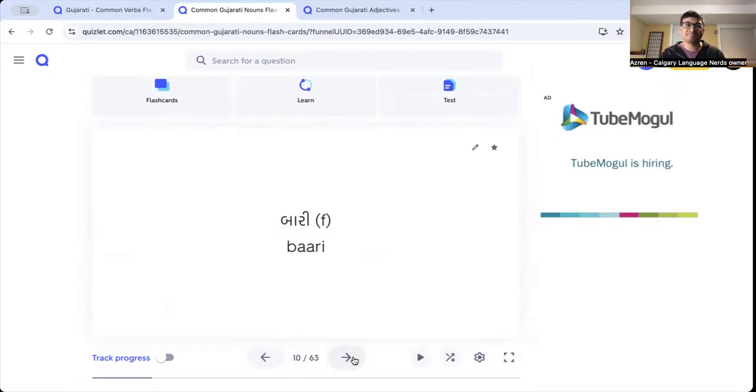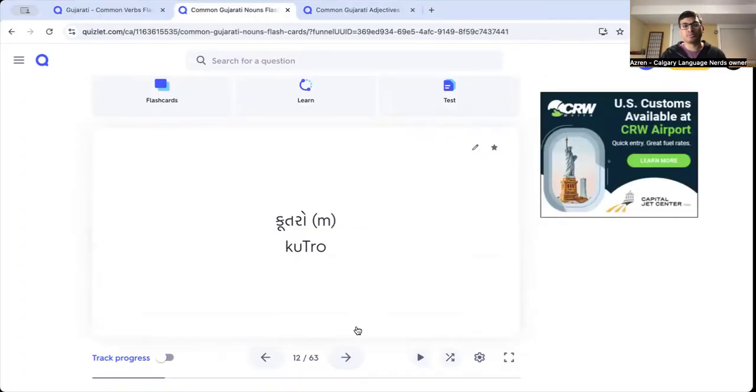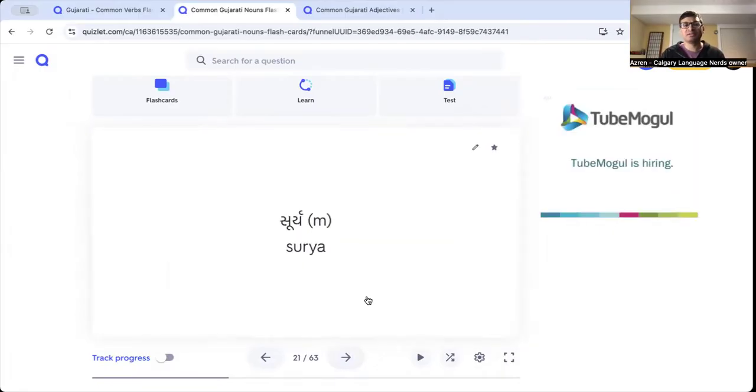Window, bari. Kitchen, rasoru. Dog, kutro. Cat, bilari. Water, pani. Milk, दूध, rice, bhat, river, nadi. As you can see, just a random selection of high frequency words, really. Lake, tarao, tree, jhad, rain, varsad, sun, surya, cloud, vadar,